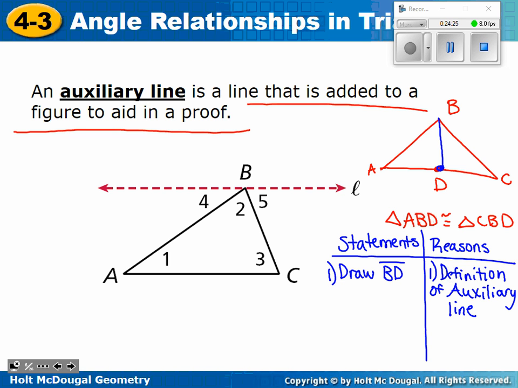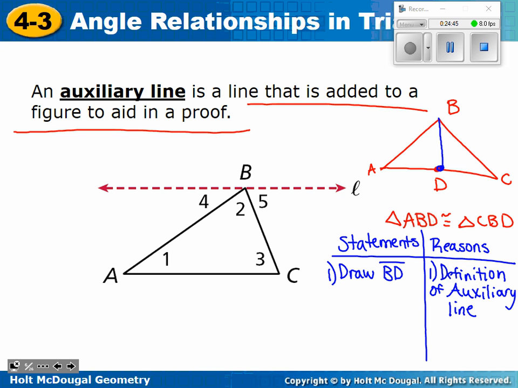It's not going to happen a lot. You are not allowed to just draw lines anywhere you want. It's only if there is no way to do the proof without having another line. Does this make sense? Okay. Again, I hope you wrote it down because you will need to come back to it when you get to that section. So what they're showing you here is that we could have